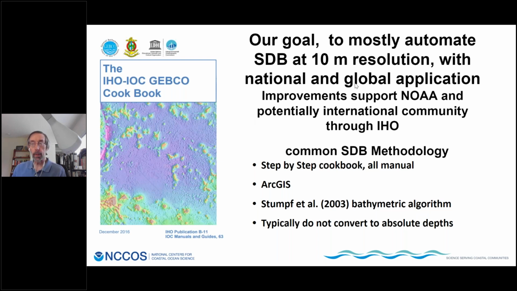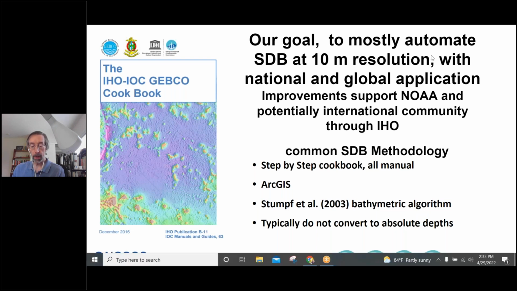Satellite-derived bathymetry has been used for some coral reef mapping in the past. And what we're trying to do is to expand the capability to get into water that is not perfectly clear, where it has worked best, and to come up with a method that we can get mostly automated. There's a lot of manual labor involved, typically with selecting imagery, and a lot of that has been rather